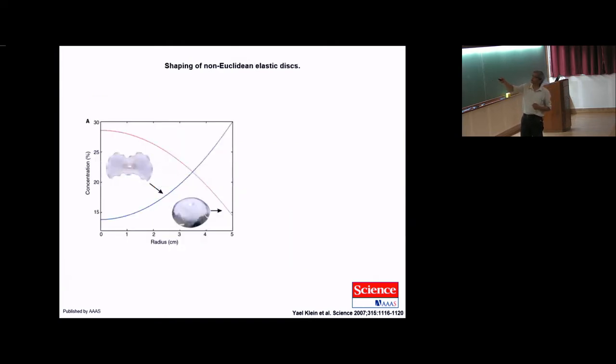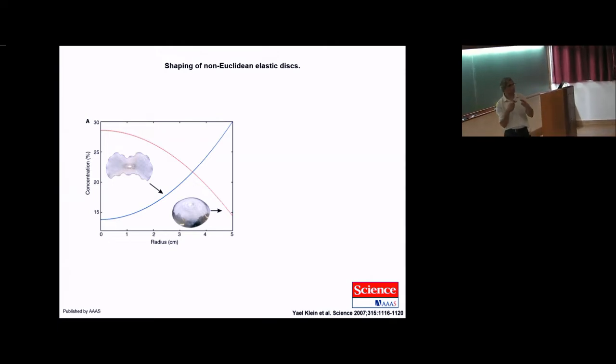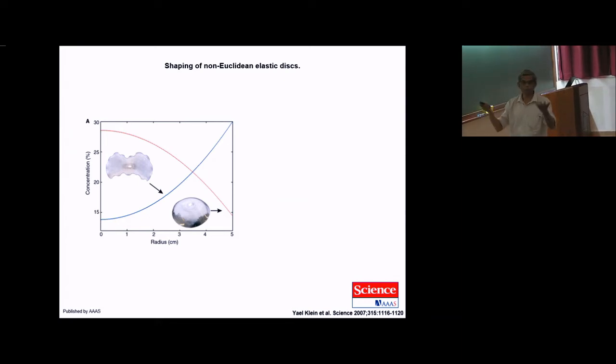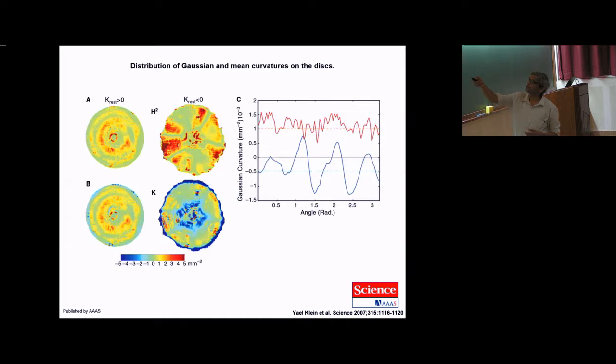But if you have the opposite gradient, that is lower concentration at the center and then higher concentration at the periphery, then it makes a structure like this, which is sort of similar to negative Gaussian curvature or even higher order because it has waviness in it. And depending, by tweaking the concentration, you can make a great deal of structures. So these are the two